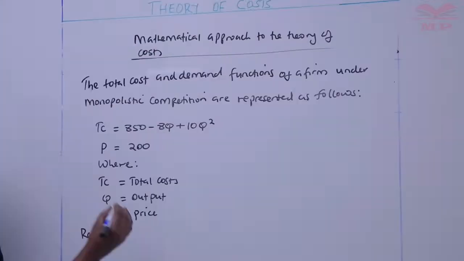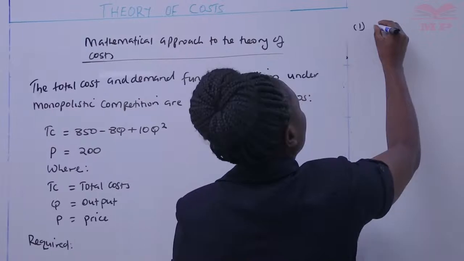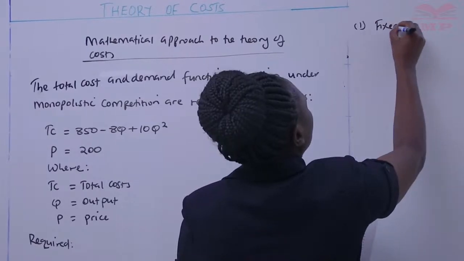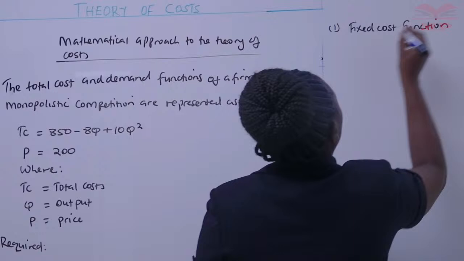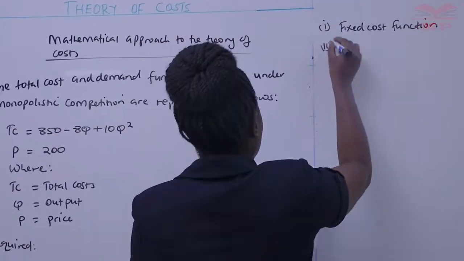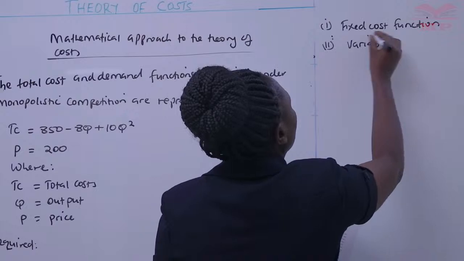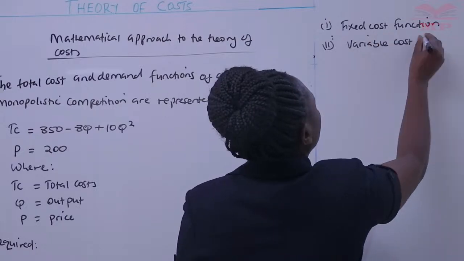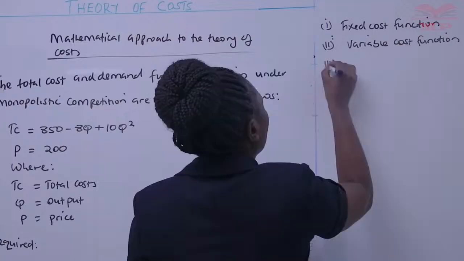Roman 2, the variable cost function. Roman 3, average